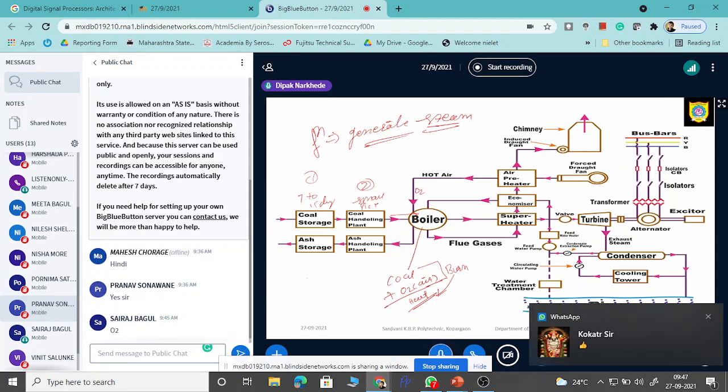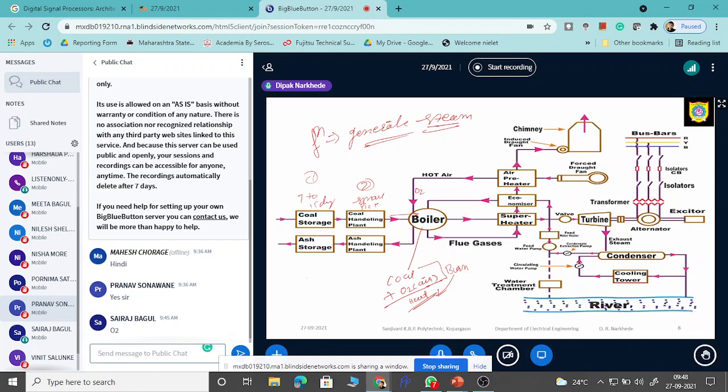For the preparation of the tea, what is required? We need to increase the temperature of that water so that the tea powder is dissolved properly, and the extract of the tea powder is mixed with the water. So basically I want to provide the heat. When heat is there, the water starts boiling, and when the water boils, you can see the vapors coming out of the pot.